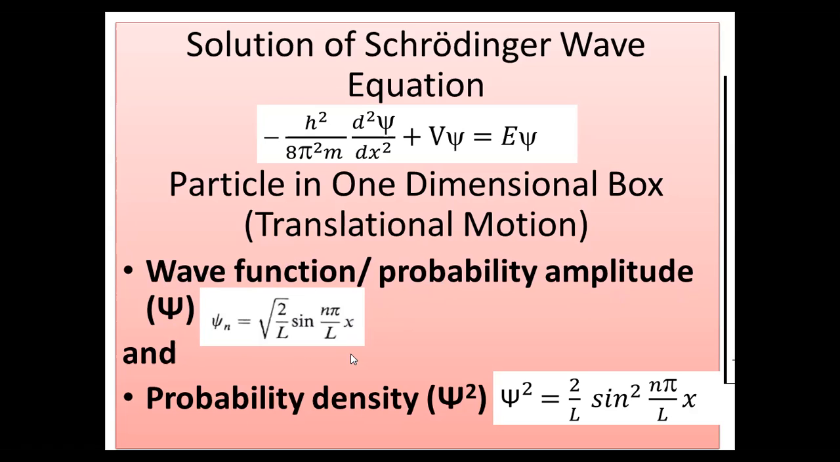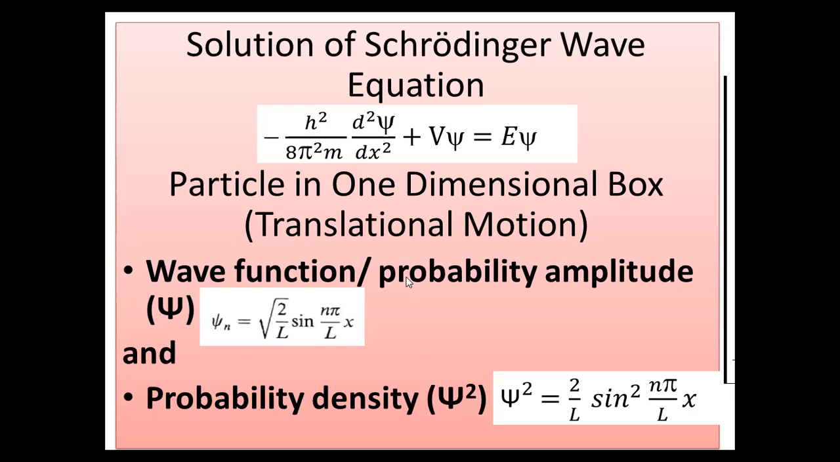And this is the final equation. We will derive this equation in two or three parts, and then we will learn about the significance of this equation, that is, the wave function in translation motion, or the wave function for a particle in a one dimensional box. And then we will consider